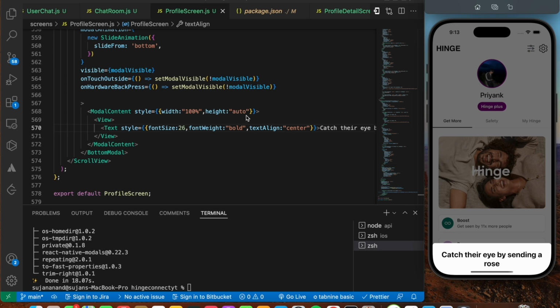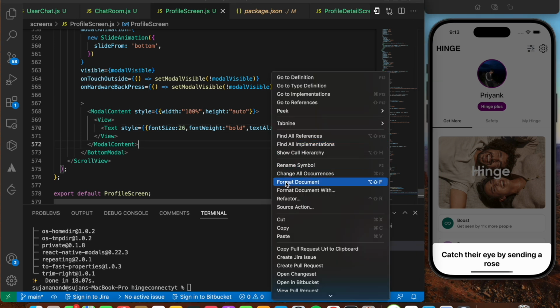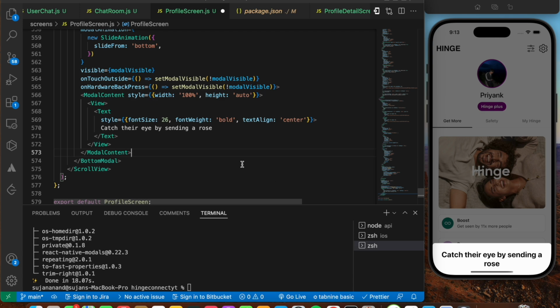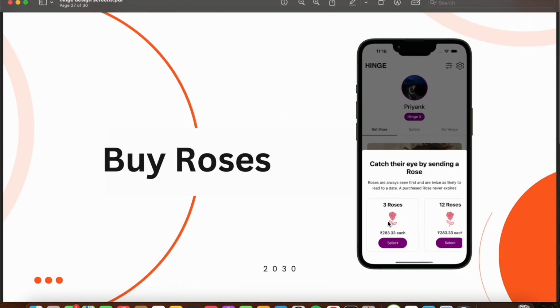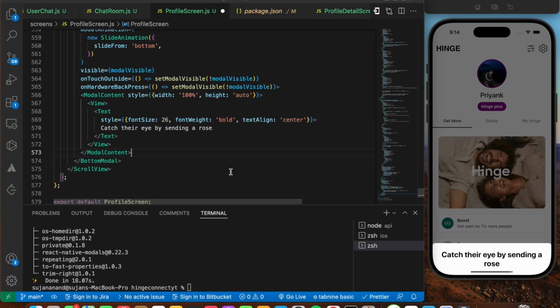So since we have passed the height of auto, it's only taking up as much space it needs to take up, right? So yeah, we are able to see the bottom model being shown, and as and when we add more design, it's going to grow up to the height. So yeah, below this particular text we're going to have another text that is with another piece of value. So here it's going to say